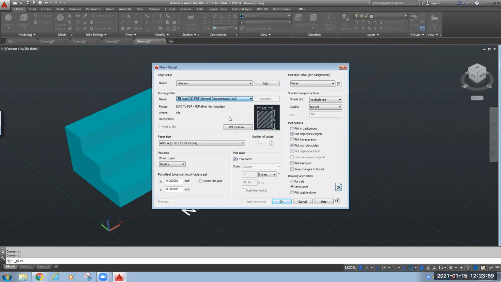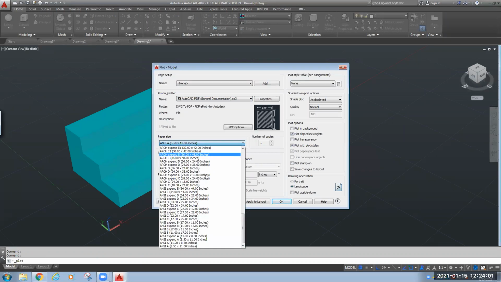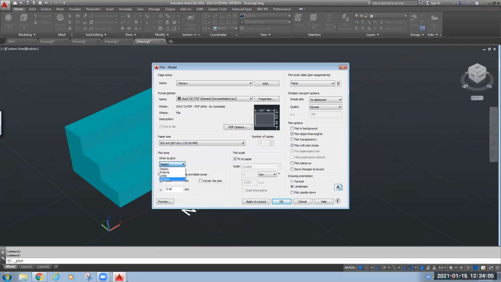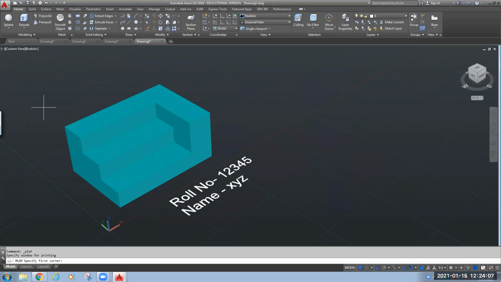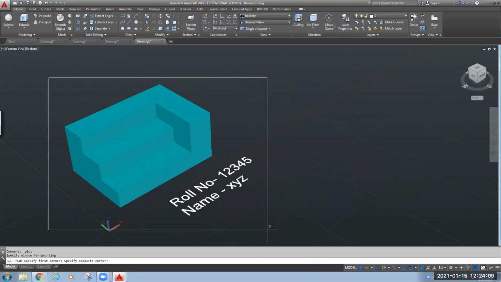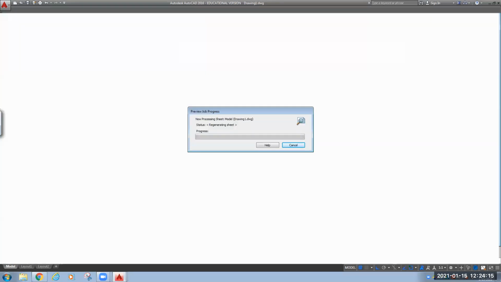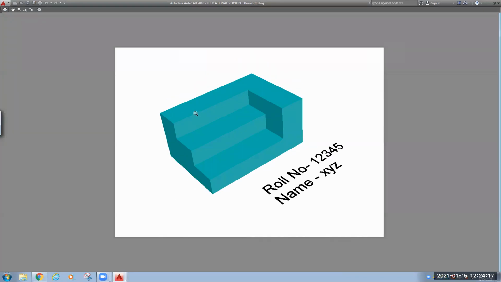Select the printer, paper size, windows, center the plot, preview. So likewise here, those lines are not visible, so you can switch it to